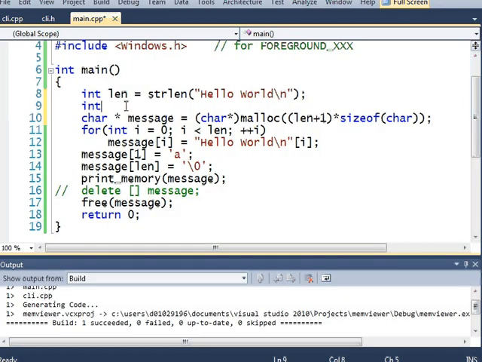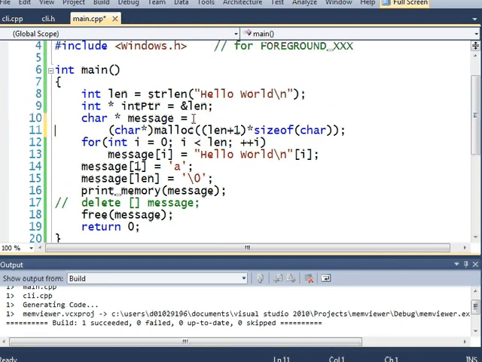I can make a pointer to an integer, call it int ptr here. A pointer to an integer has an integer's address held inside of it. This right here, the ampersand, is the address of operator, and it will give you the address of any variable. And if I wanted to print our variable in the same way that I'm printing the message here, I could do this. Hold on, let me